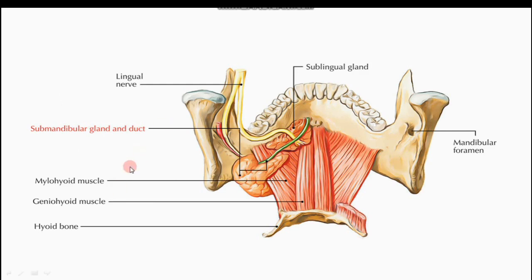This submandibular region, we can see it extends from here, from this mylohyoid line in the submandibular fossa, and from here to this hyoid bone, you can see the hyoid bone. This structure is deeper and includes the floor of the mouth and the root of the tongue.